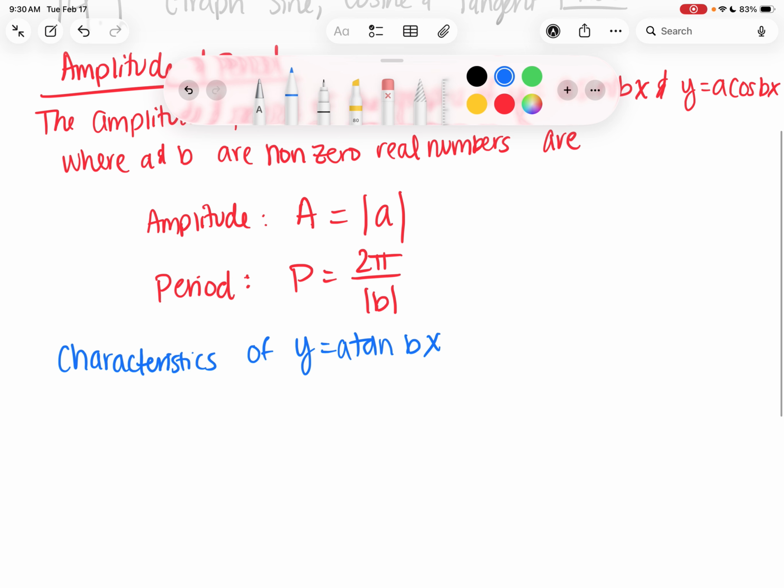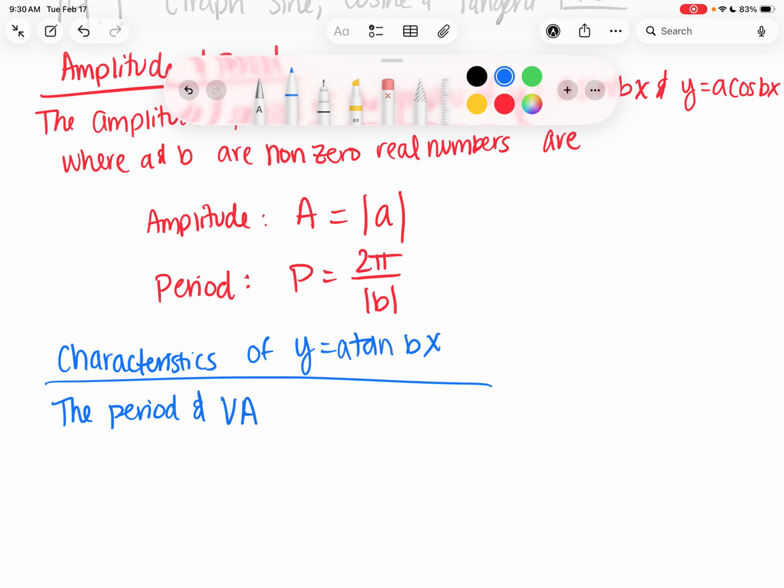It's not like the amplitude like it is with the other stuff. So the period and vertical asymptotes, I'm just going to write VA for vertical asymptotes, of the graph of y equals a tangent of bx,